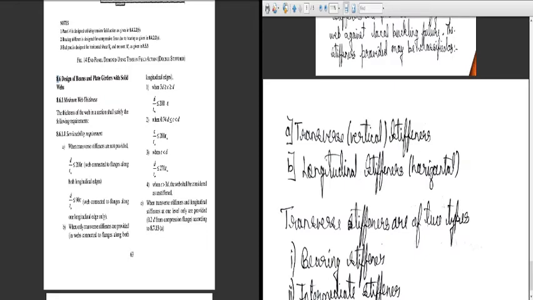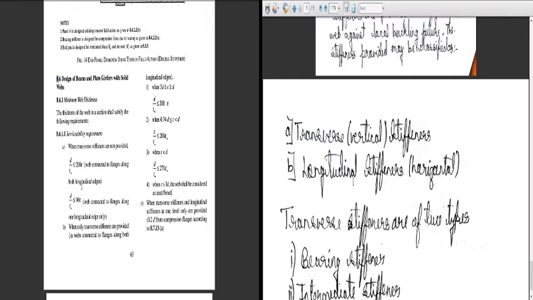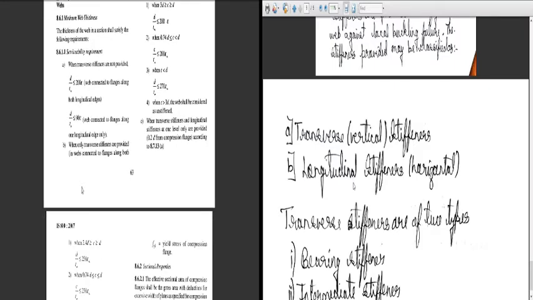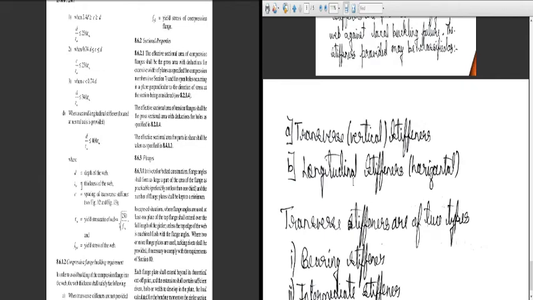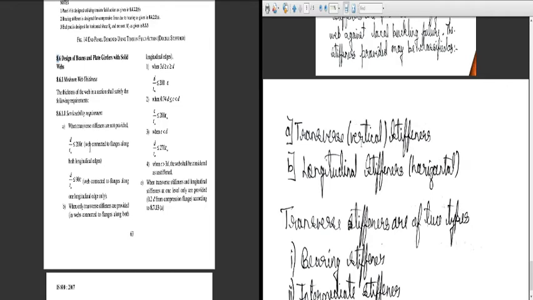So according to the design, 8.6.1, minimum web thickness. The thickness of the web, that is this portion, the in-between portion. The thickness of the web in a section shall satisfy the following requirements. So it should satisfy two following requirements. One is serviceability criteria and the other one is compression flange buckling requirement. So let us see what is there in serviceability requirement. First case, when transverse stiffeners are not provided, that is vertical stiffeners are not provided. As you can see here, I mentioned the transverse stiffeners are nothing but the vertical stiffeners here.